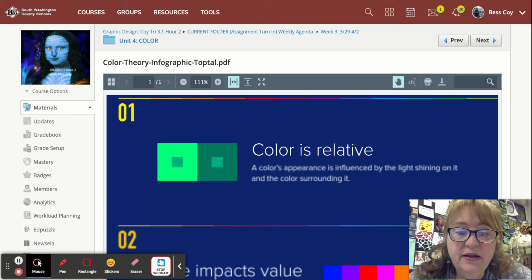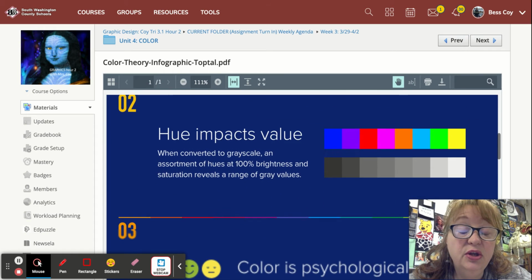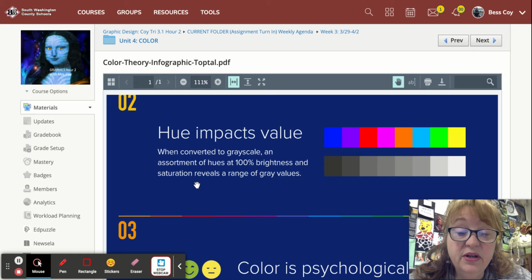And it does say color is relative. A color's appearance is influenced by the light shining on it and the color surrounding it. So just realize even though these green small squares are the same, they actually have a different kind of feel when you look in the middle and you start to see how these start to change. So color is relative. Hue impacts the color. When converted to grayscale, an assortment of hues at 100% brightness and saturation reveals a range of gray scales. So we can actually see how strong a color is, can be compared to value, which is our lights and